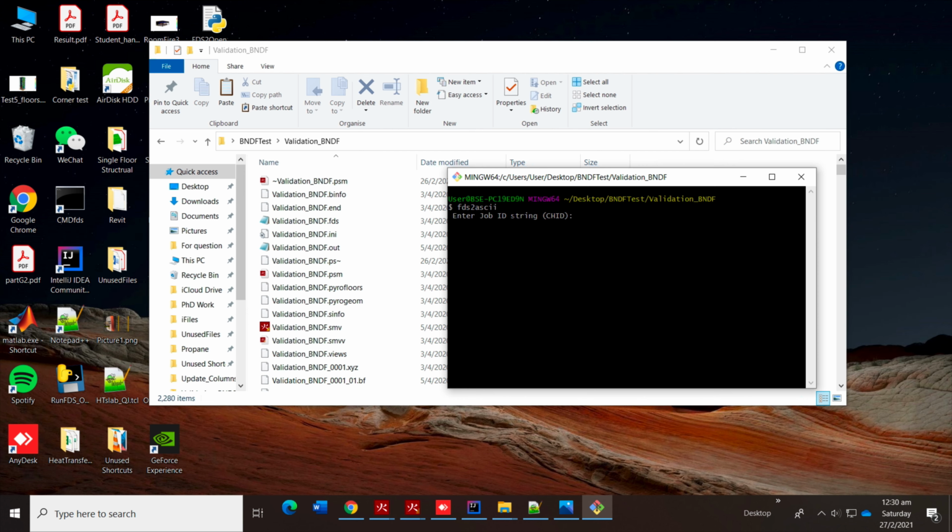Enter the job name. This is your smokeview file name. My smokeview file name is validation BNDF. You need not put .smv, it is actually reading the smokeview file. Where you want temperature: plot3D when you're taking gas temperature, which calculates the quantity you want at all control volumes. Slice when you have a